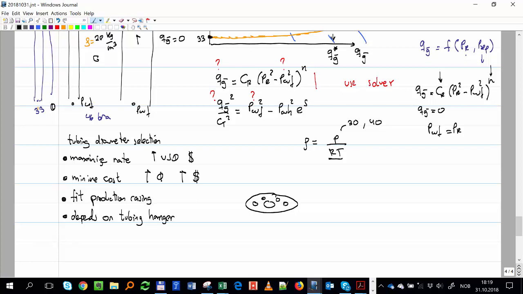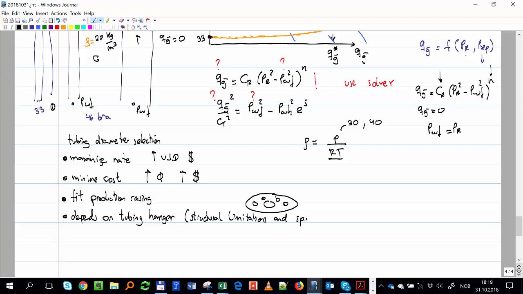So if you put too many holes, it's not structurally strong enough to hold all of that tubing. That's why the sizes can restrict the size of the tubing that you can use. So that's structural limitations